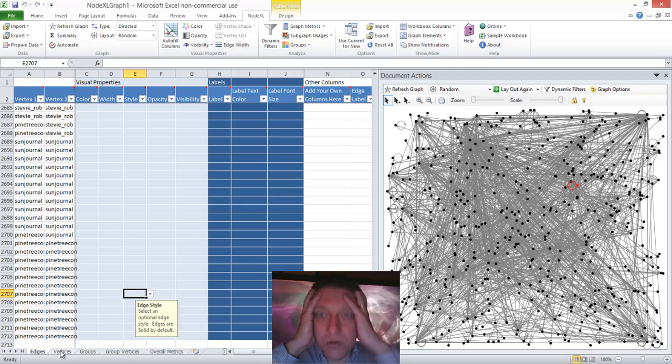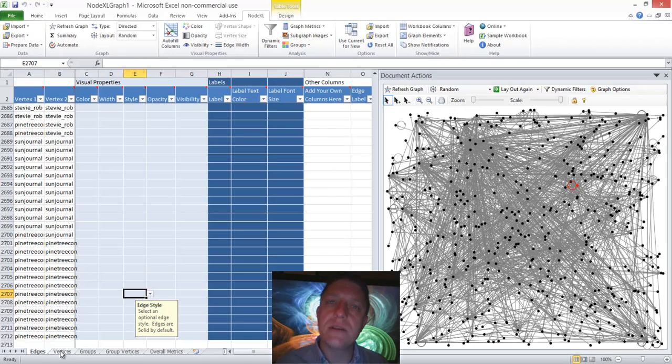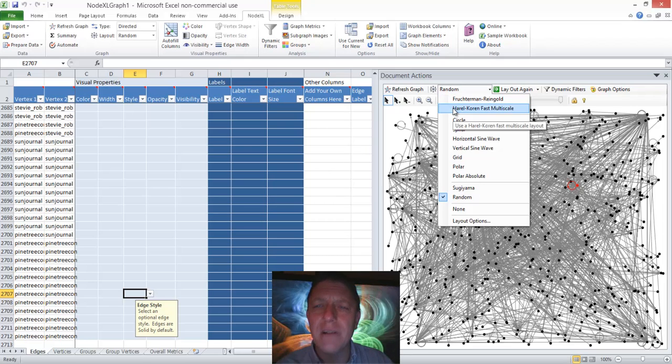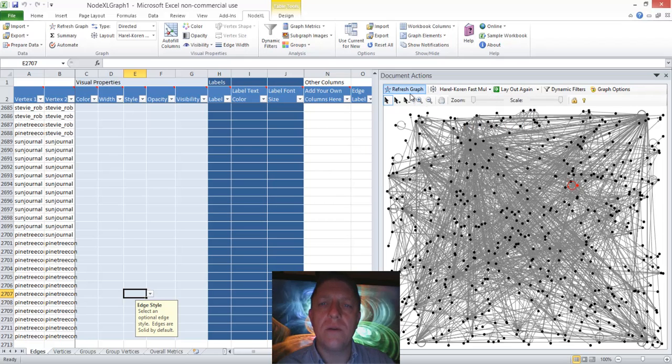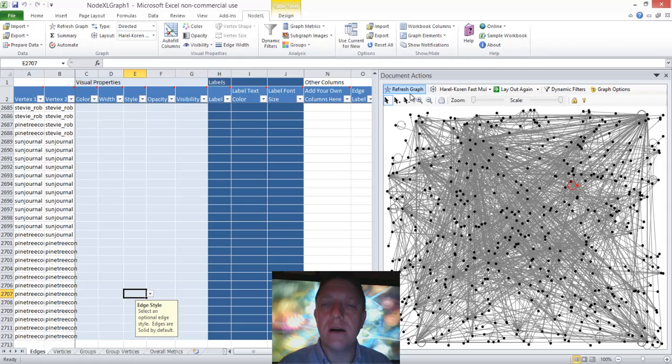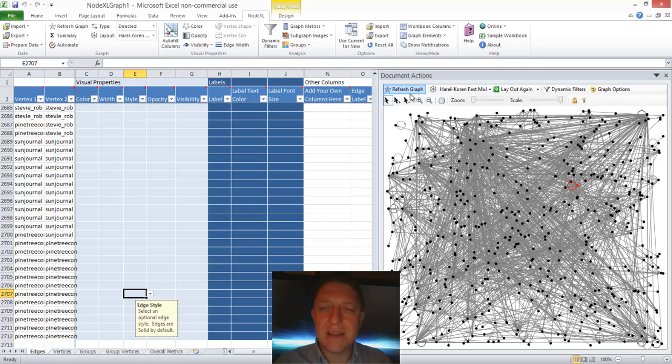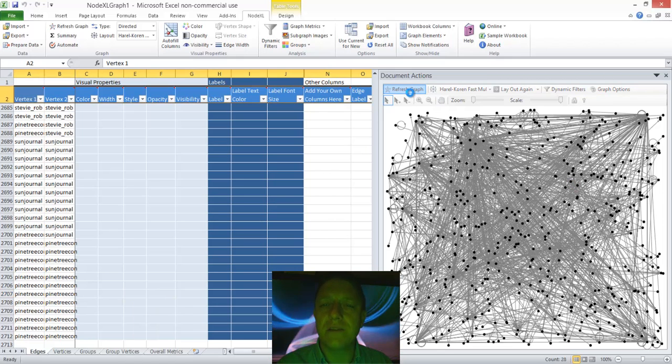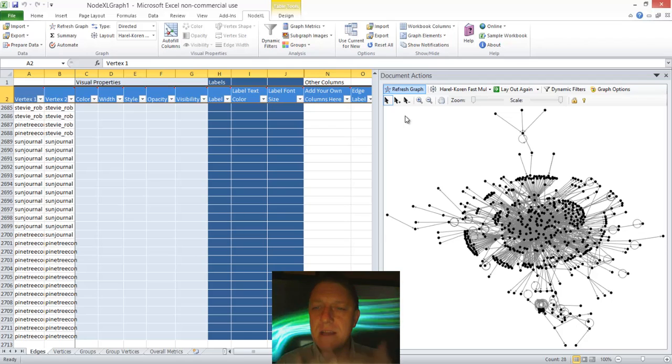Okay, how can we begin to organize this all? The first thing I'm going to do is use what is referenced in Golbeck as a spring embedding format. Read the chapter if you don't remember what that is, but it's the Harel-Koren fast multiscale, which says two individuals that are tied are pulled together. Individuals who are not tied to each other are not pulled together. And that simple embedding of springs to talk about connection and disconnection creates a much more sensible picture. I'm going to do the same thing I did.